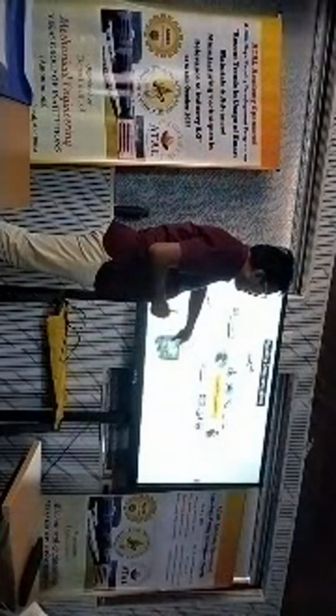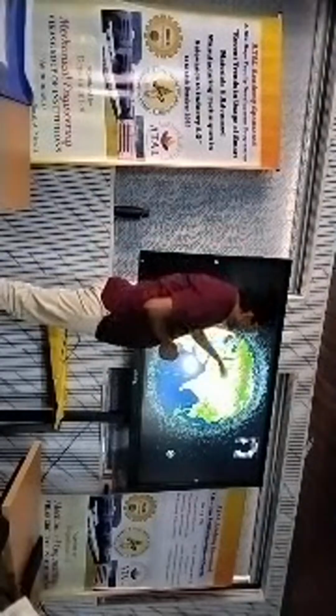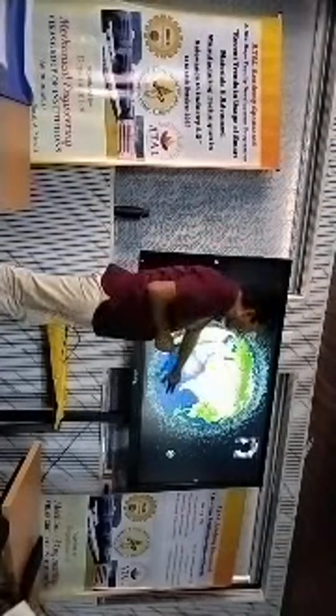If I place my satellite in a polar orbit, with that polar orbit I can get the complete global information. How am I going to get it? This one is